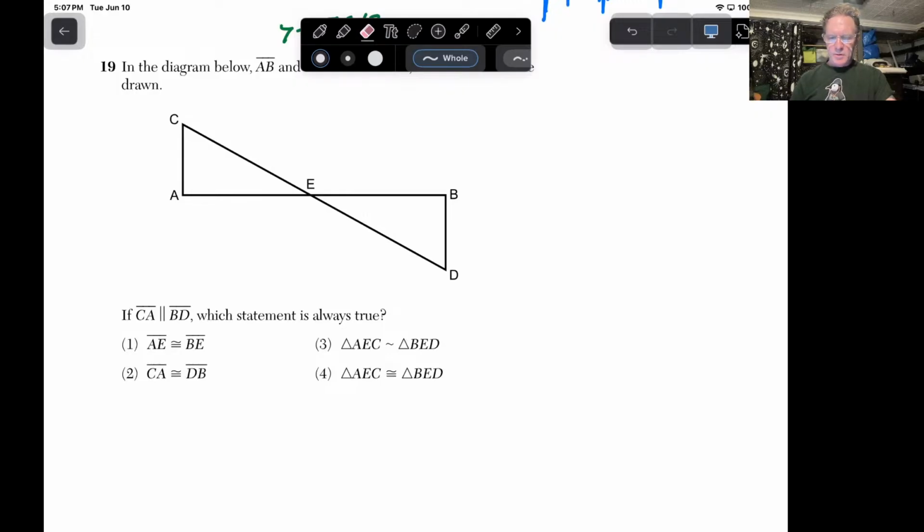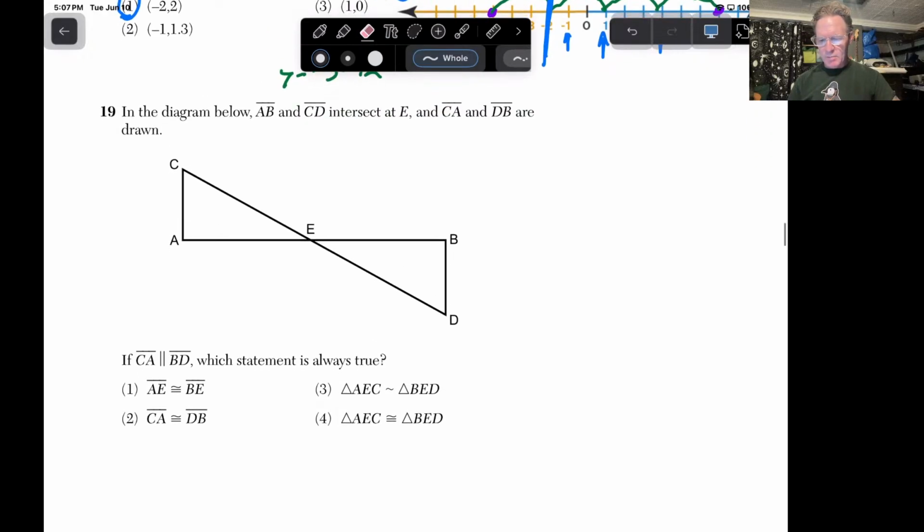So, in the diagram below, AB and CD intersect at E, and CA and DB are drawn. So, if CA is parallel to BD, which statement is also true? Okay. If the lines are parallel, that's a very important fact here. So if these are parallel, we know we have